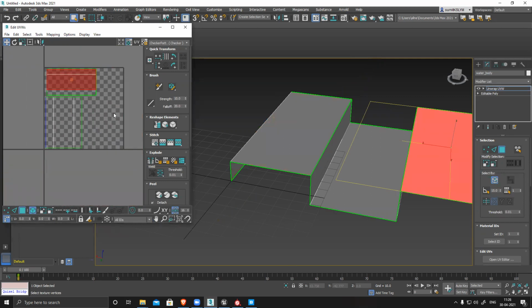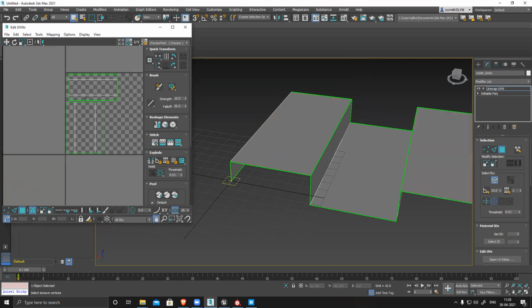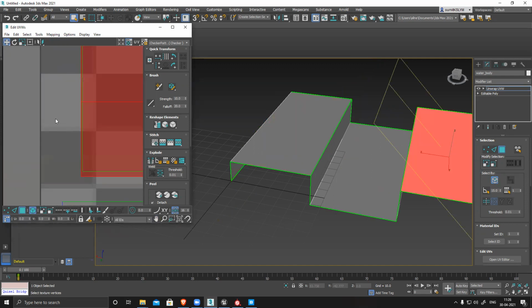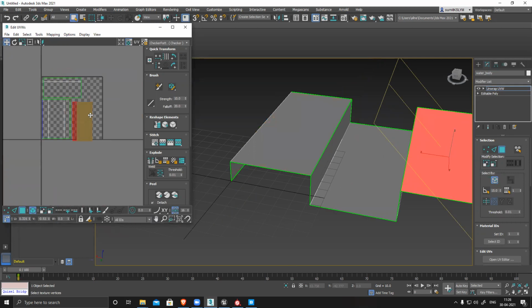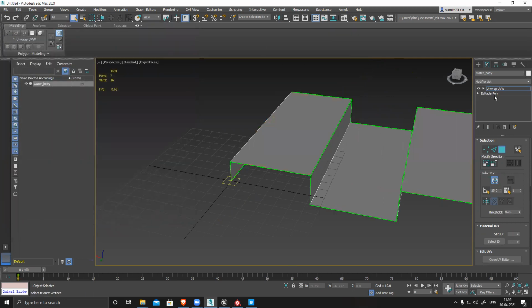Select this section. Oh, sorry, yeah. Rotate. Place it here. Alignment wise, correct.